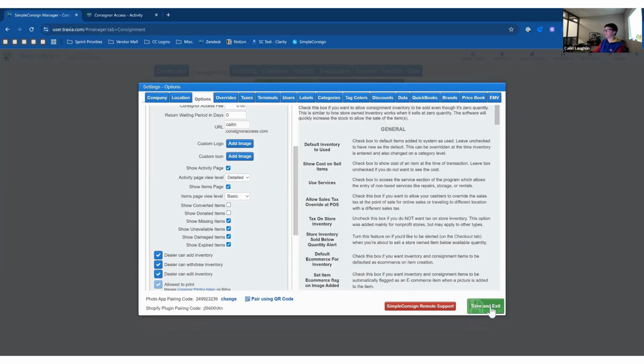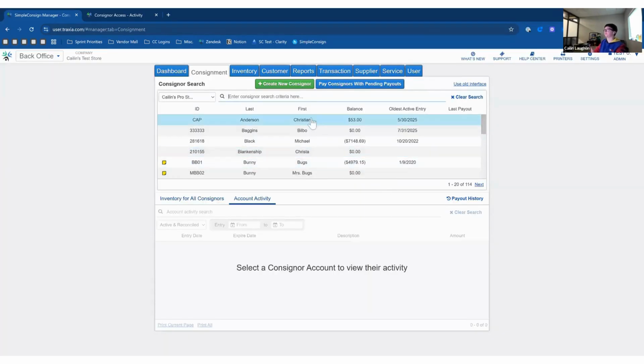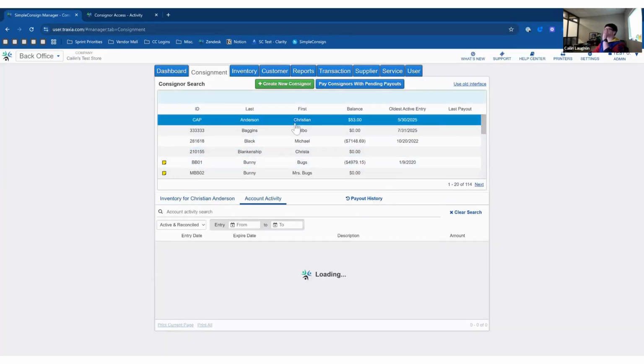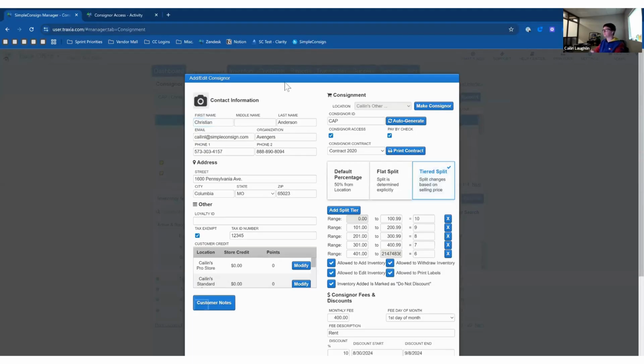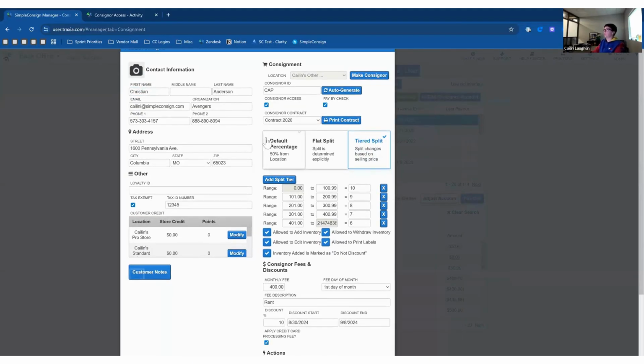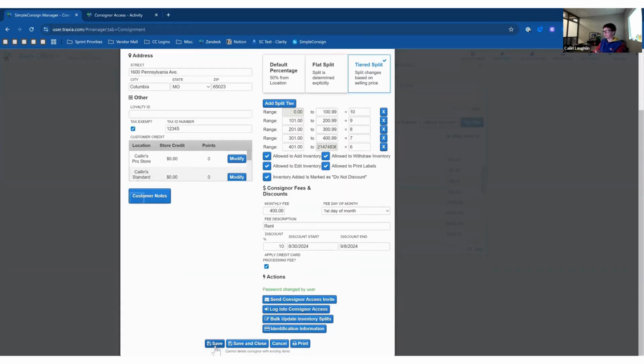instead from the profile. So if we save and exit, and let's go Christian Anderson here. So in here, you can see we have our Consignor Access option enabled for this account. You want to make sure that that is enabled, and you need an email address entered as well. This is so we can send the invite to the Consignor Access account. Once you have both of those entered, you want to save the profile and then send Consignor Access invite. Once we do that,